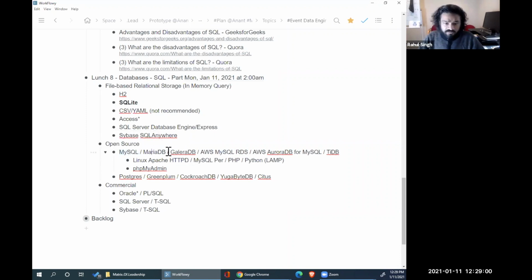So with MySQL, there's a variant called MariaDB, as Will mentioned. It got forked from MySQL the day that MySQL got acquired by Oracle. GaleraDB is basically MariaDB, but in a masterless architecture, meaning you can have multiple instances of Maria talking to each other, where you can do reads and writes from any of them. And it's all MySQL, right? It's all the standard select, insert, update, delete that you would do, but you can do it at scale.